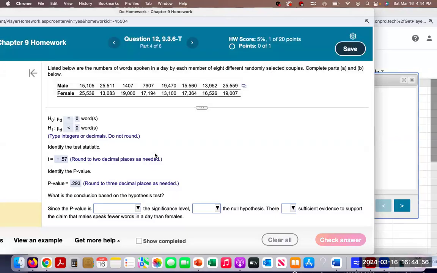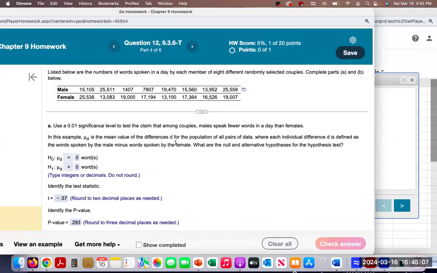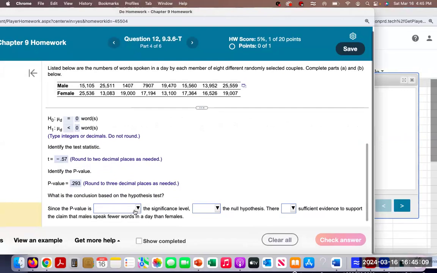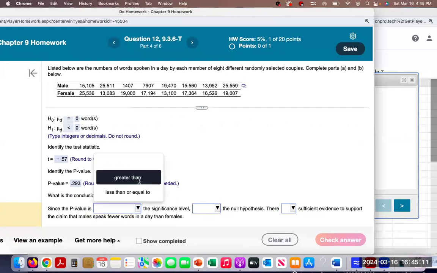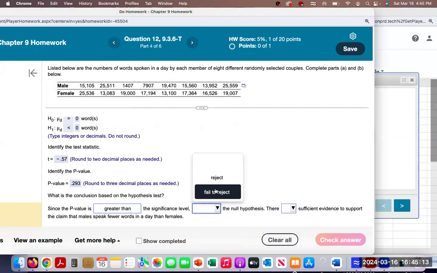So if the p-value is less than the significance level, we reject the null. If the p-value is greater than the significance level, we don't reject the null. In our case, the p-value is greater than the significance level, so we fail to reject the null. That means we're going with the null. We don't have enough evidence to support the alternate hypothesis, or this claim that says that males speak fewer words